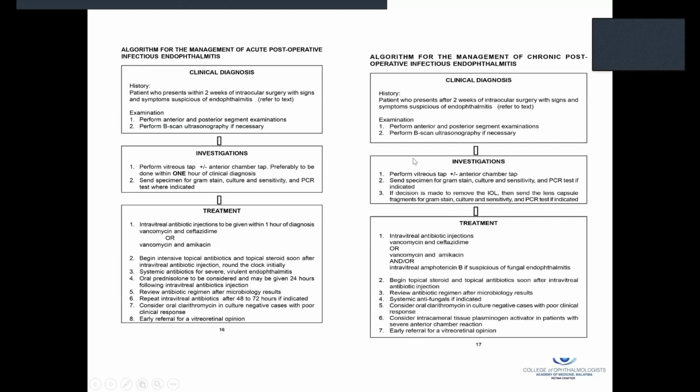We have available to us the CPG on infectious endophthalmitis, and this very nicely outlines our approach for acute cases, which usually present within 2 weeks, but it can be up to 6 weeks as a definition. And of course, we examine the patient very well and must do a B-scan, because that helps us to monitor the progression and detect loculations, especially when there is no fundus view. Investigations are recommended, including, if necessary, a tap of the anterior chamber within 1 hour. So no delay. It's an ocular emergency.